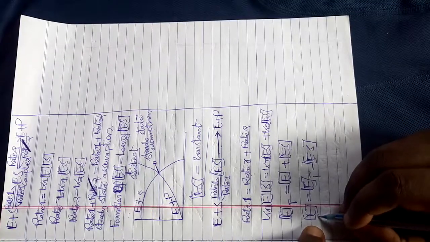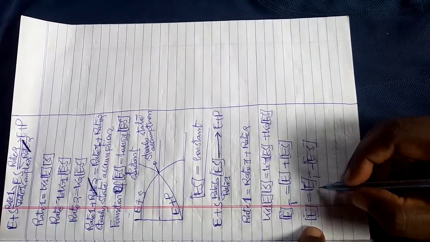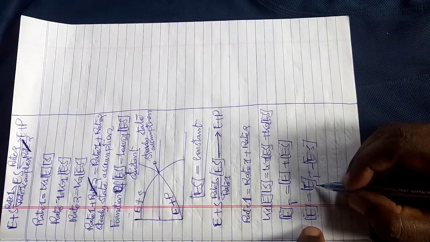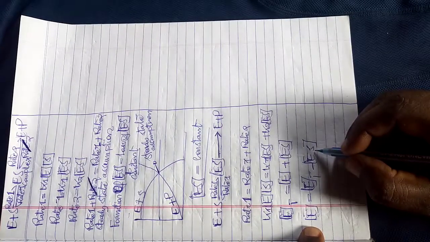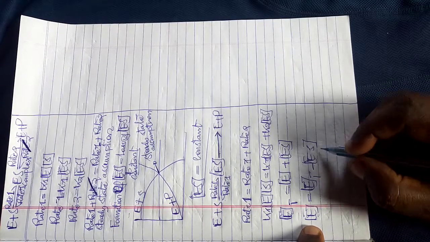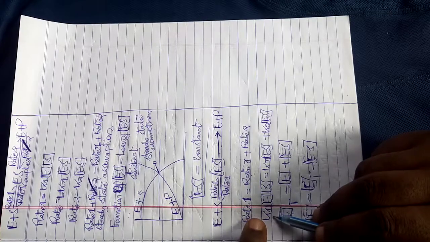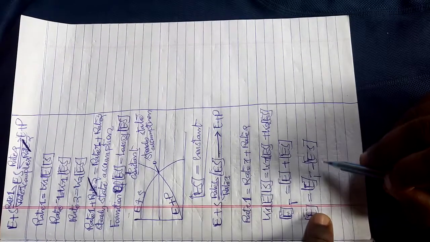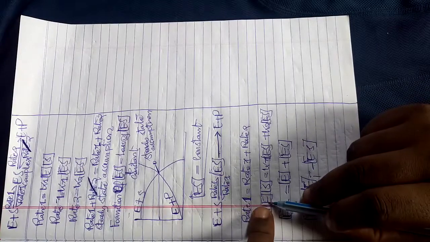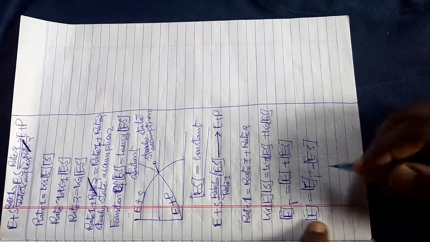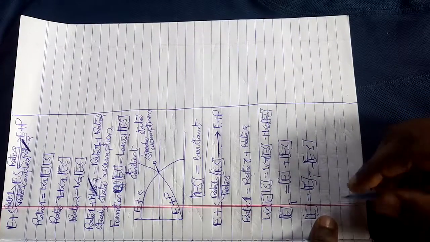Therefore, free enzyme concentration is equal to total enzyme concentration minus enzyme substrate concentration. So from this equation, instead of writing enzyme concentration, we are going to fix this at this point, but before fixing